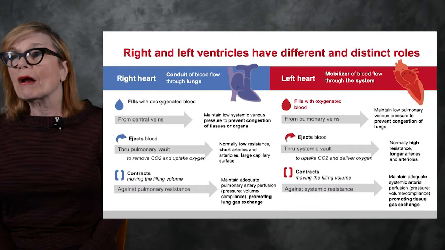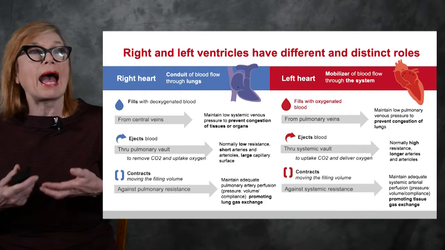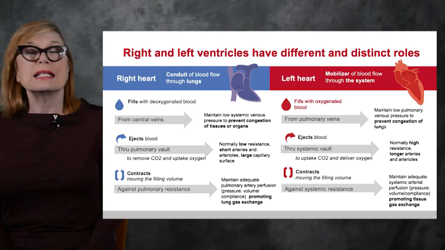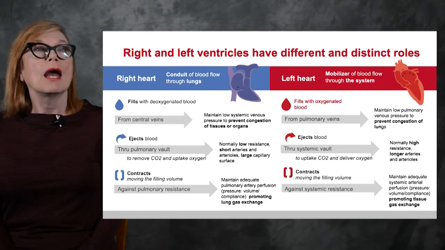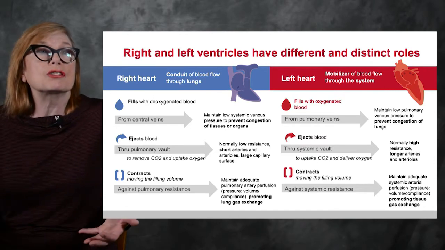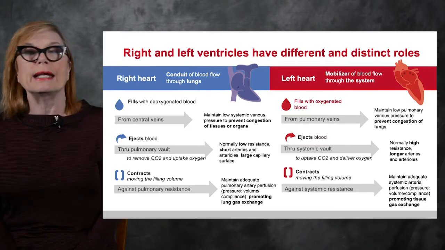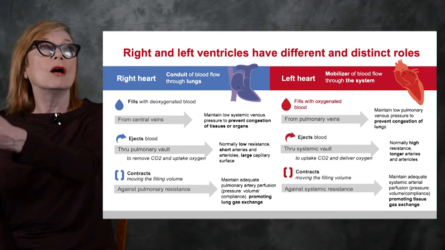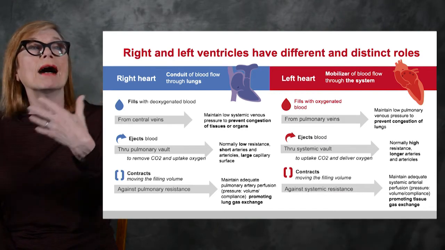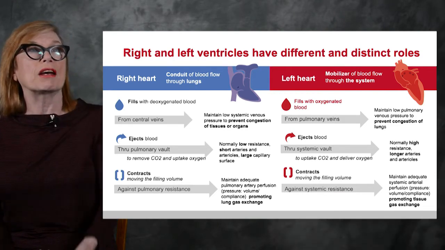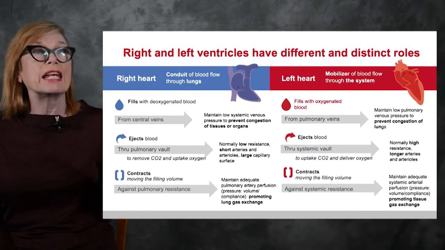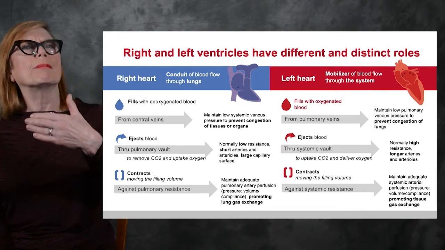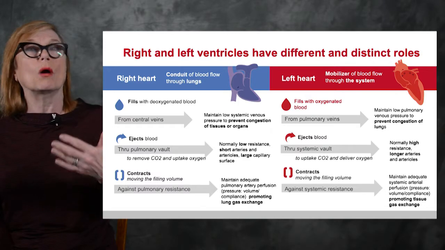So, we think about our right heart and our left heart, and although they have an incredibly intimate relationship, they are different. The right heart is the conduit of blood flow into the lungs, and that blood that fills the right ventricle is primarily deoxygenated, and it fills primarily from the central veins. Central veins, right atria, right ventricle. This is a constant flow of blood into the right ventricle by the actual venous pressure column. And that is so incredibly important because when we see failure of the right ventricle, what we will typically see